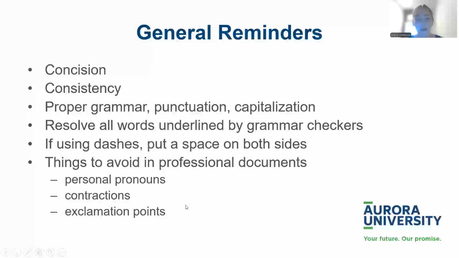First, I just wanted to start with some general reminders of things that you should know as you're making professional and academic documents. Two things that you want to always strive for are concision and consistency. Concision means using as few words as possible just to make sure you're being clear and not losing the reader. An easy example is fixing phrases where you're saying, for example, we are going to be going to the store. It's much quicker to just say, we will go to the store. Even little things like that, where you're cutting out all those filler words and just being more direct, are going to help you be a better professional writer.